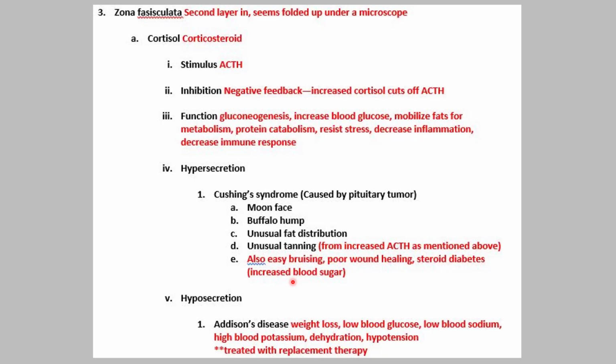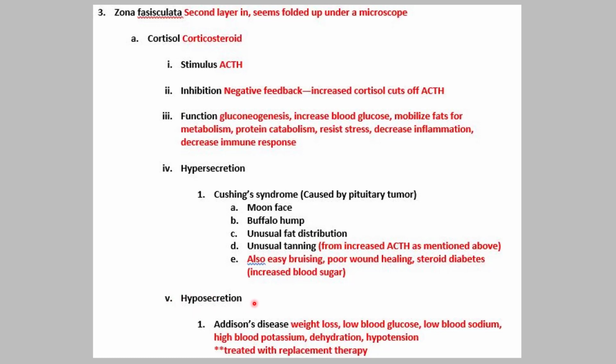We saw excess urine in diabetes mellitus. Now we see excess urine in steroid diabetes. I wonder if this is going to be a trend. Here in the next lecture or two, we will see more information about diabetes. So keep that in mind, make a note in your margins. Next,